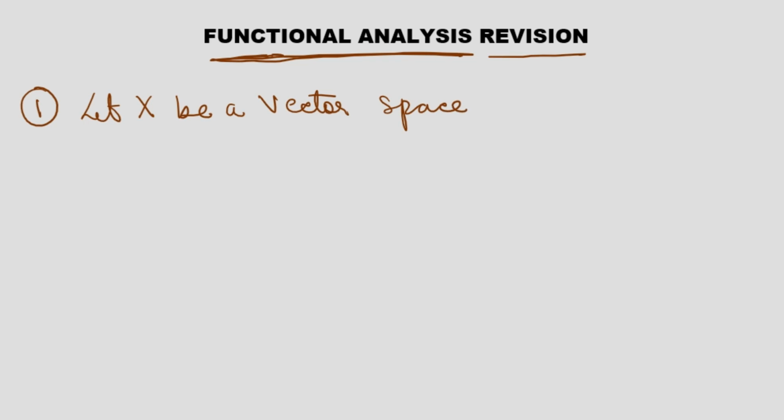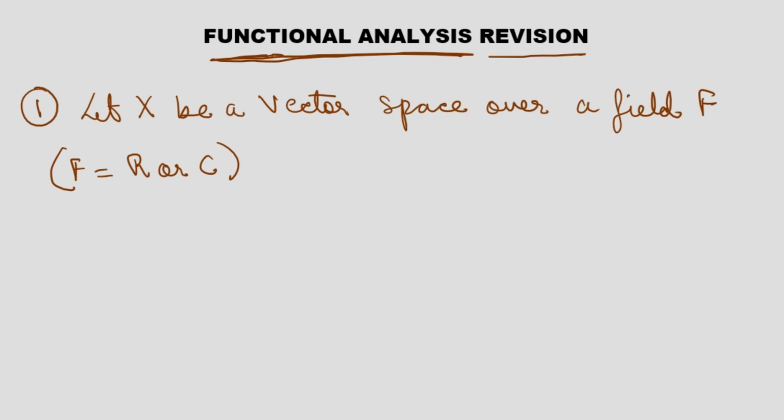So let us start. The first topic would be: let X be a vector space, of course, over a field F of numbers, and the field F is equal to real numbers or complex numbers. Anyone, it can be a field of anyone. Then